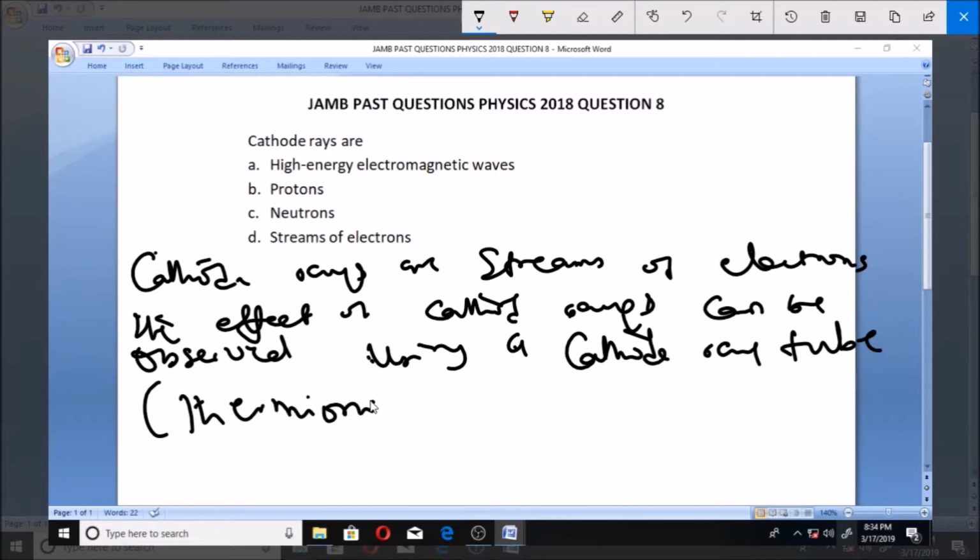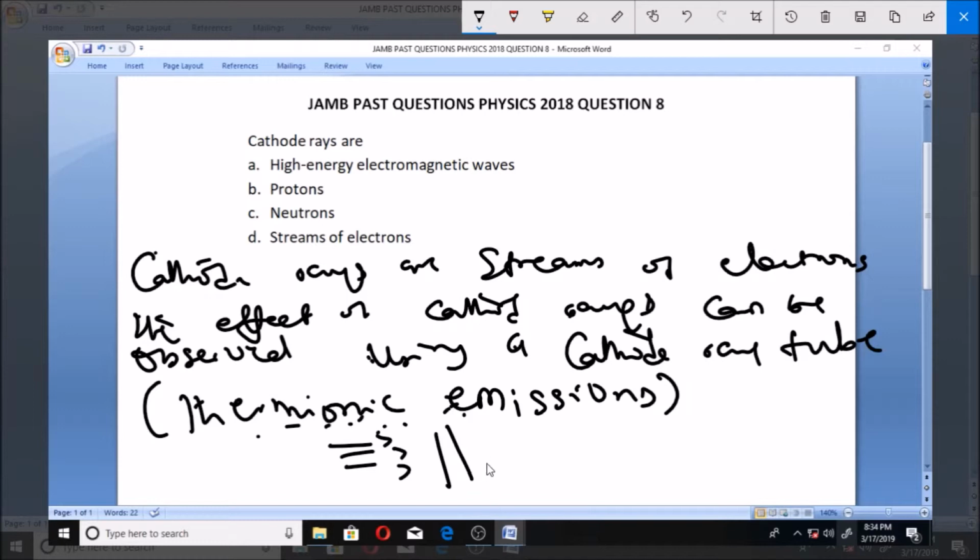cathode ray, how it works, and again, this is the process that actually happens in the cathode ray is what we call thermionic emission. So whenever there is the application of heat, there is release of some emissions. Thermionic emission simply means ionic emission due to the application of heat. So when you have heat on a filament, you have heat being applied, then there will be emission of some ionic particles, and this time around electrons. So when there is emission of electrons and these electrons move, we have what we call cathode